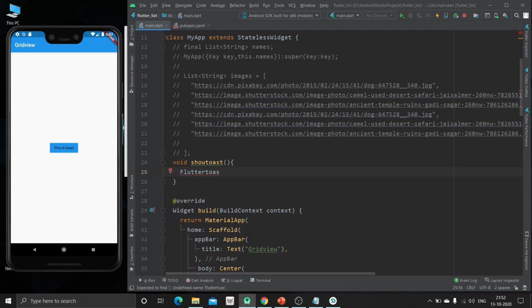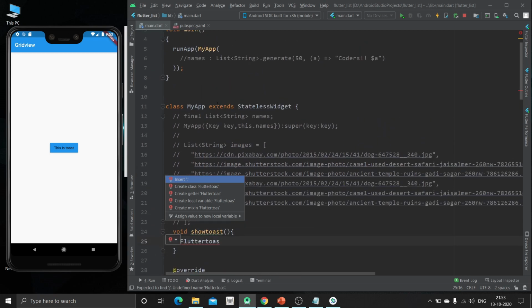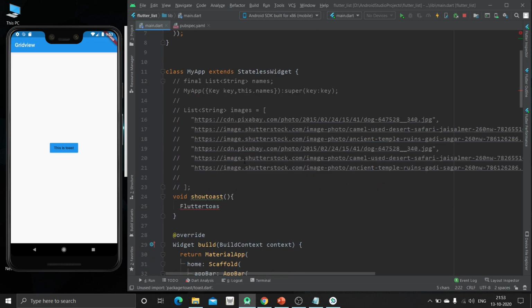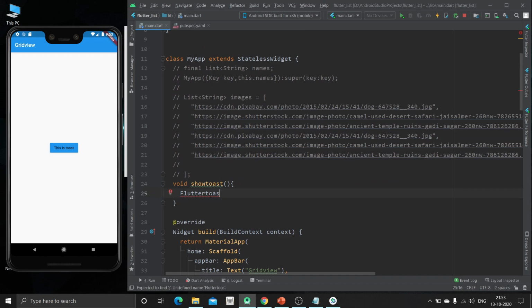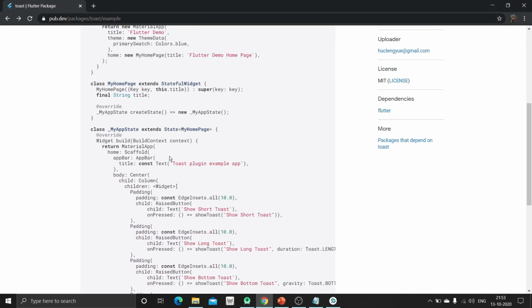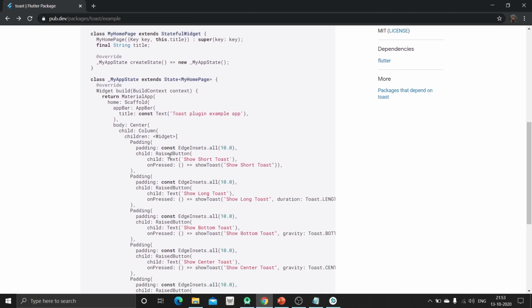Okay, there isn't any property for Flutter Toast. Okay, this package is not providing this Flutter Toast property, so we are going to see some other package, or else we can see in the example how to implement this.